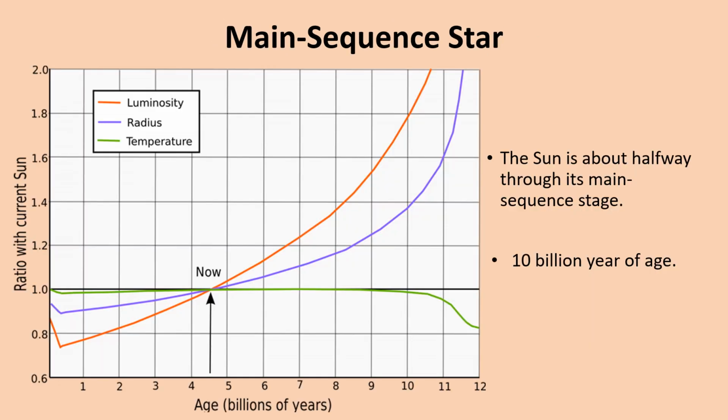The current situation of the sun is represented by a scatter plot of x and y, in which the x-axis represents the age of the sun in billions of years and the y-axis represents the ratio with the current sun. The ratio is of luminosity, radius and temperature. As you can see from the trend of the graph, as the age of the sun increases, the luminosity and its radius increase and the temperature remains constant, and at the end of about 10 billion years it becomes less. So the sun is a G class main sequence star and hence its color is yellow.